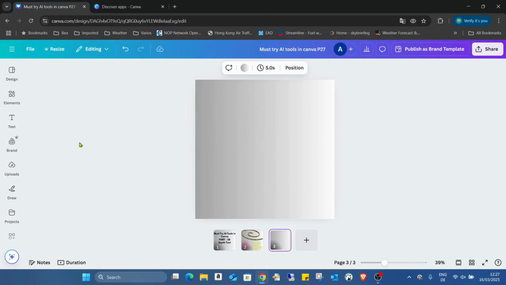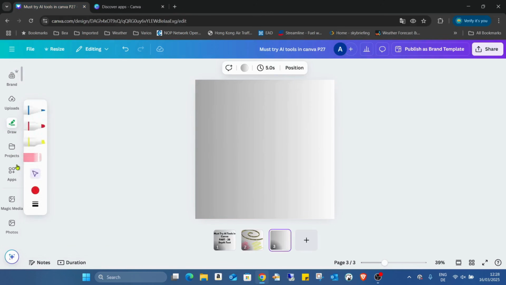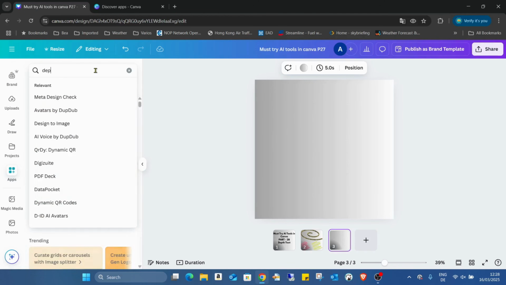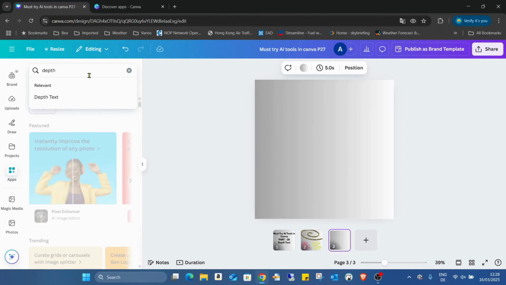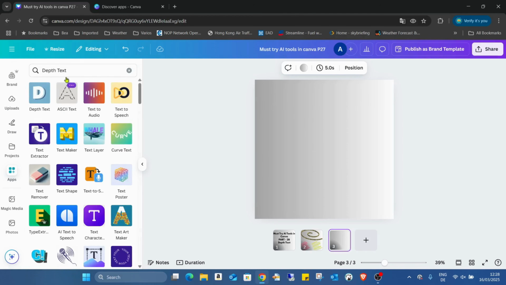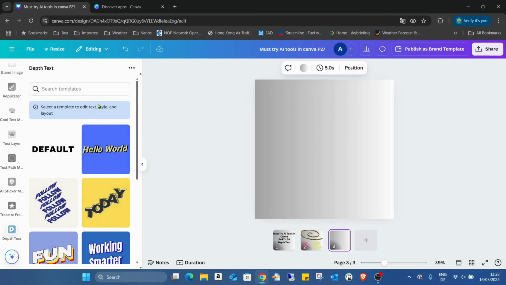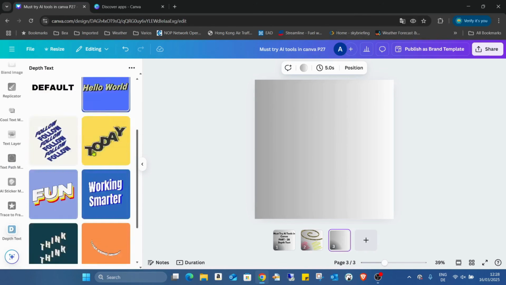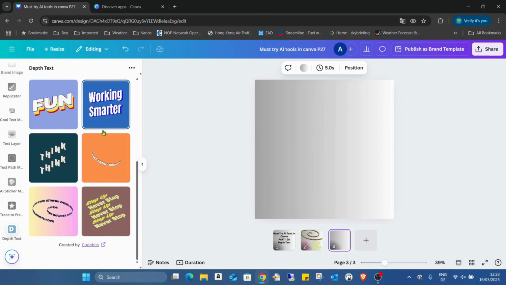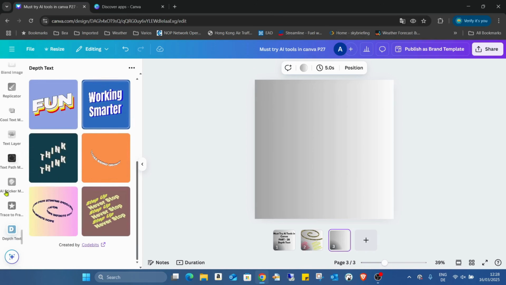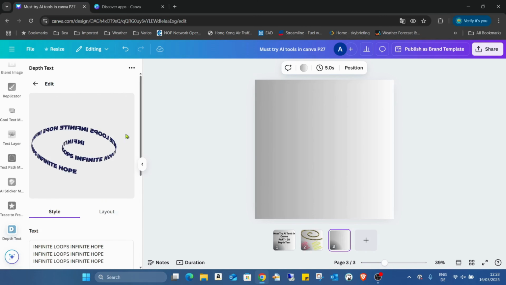I just open a new page, scrolling down to the apps, just typing depth. Already have this depth text. This is the application. I just open it, and here, as you can see, already have 10 predefined text. I will choose this one, and here